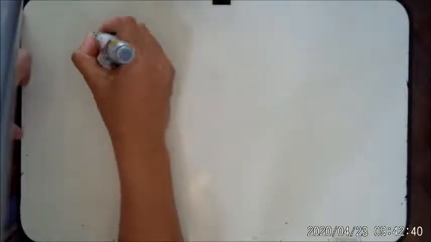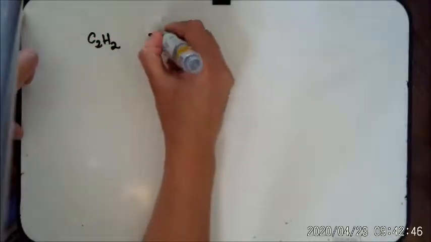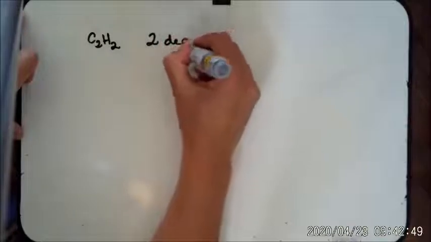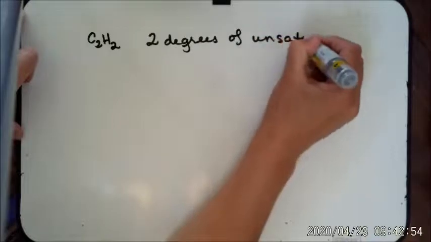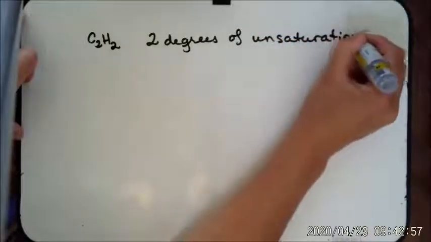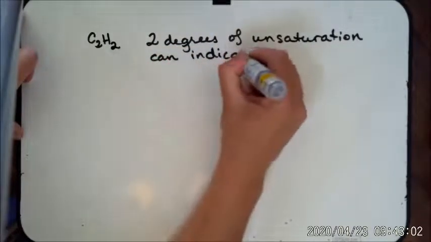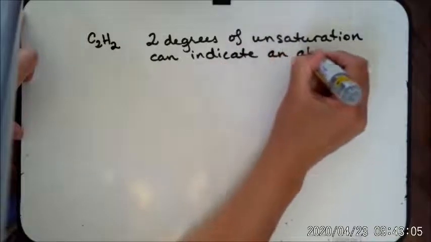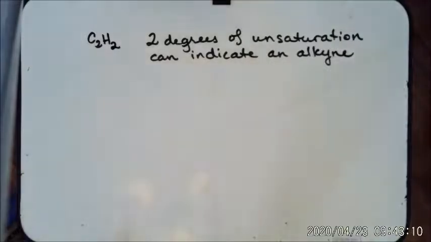When you look at the degrees of unsaturation, you look at ethyne, it was C2H2. So 2 degrees of unsaturation can indicate an alkyne. Okay, so if you have 4 hydrogens that are missing, an alkyne is something that you can consider. Okay,